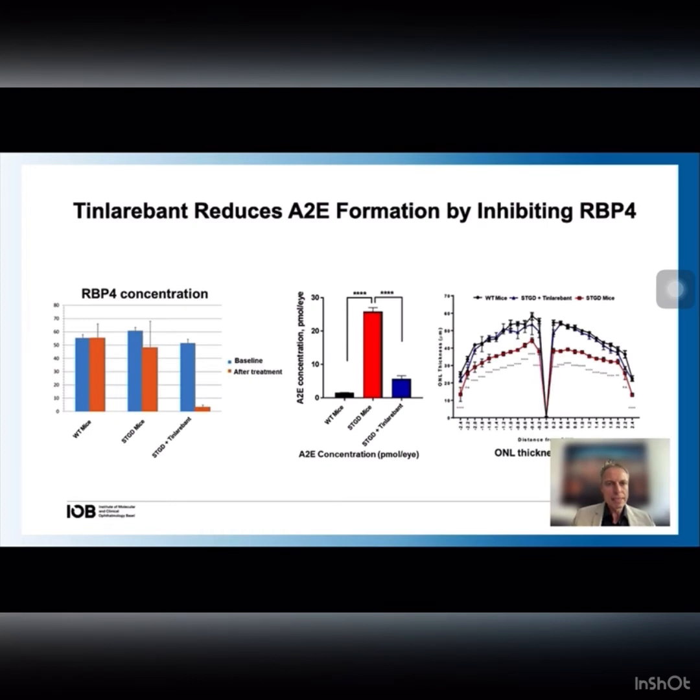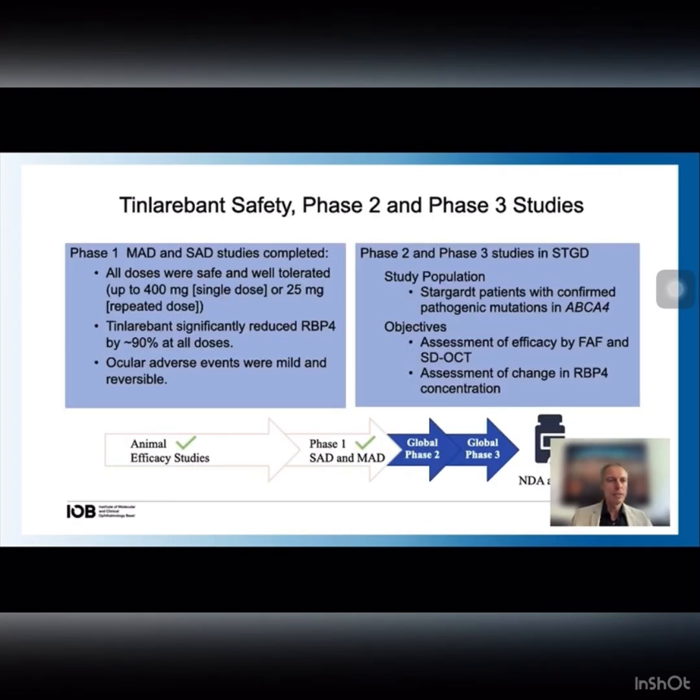In preclinical research, it was shown that tinlarebant reduces A2E formation by inhibiting RBP4. In a recent phase 1 study, it was shown that tinlarebant was safe and well tolerated, and that the compound significantly reduced RBP4 by about 90% at all doses. Ocular adverse events were mild and reversible, and those data inform the design of forthcoming phase 2 and phase 3 studies in Stargardt disease,